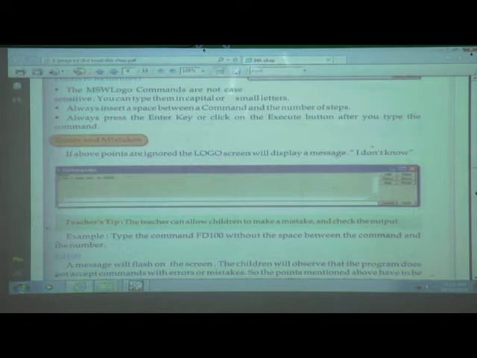Same like that, Logo is also a software, and in that software space is important, the instruction is important, the number is also important, and after that pressing the enter key is also very important, right? And if we do not do any of that, then it displays the message "I don't know".